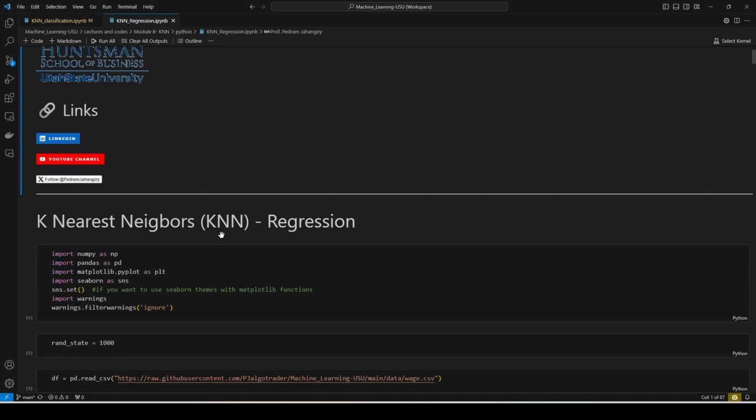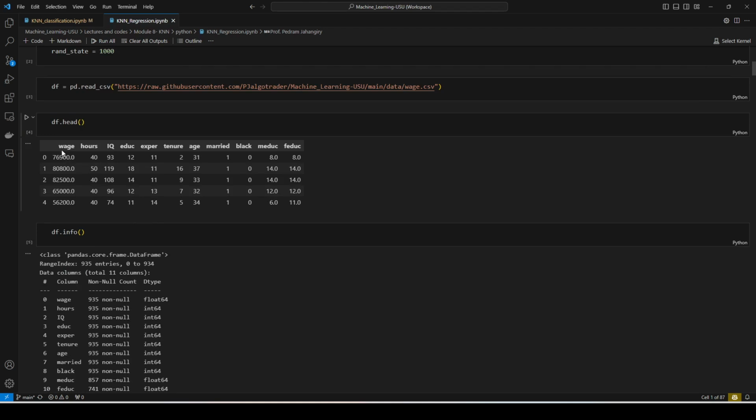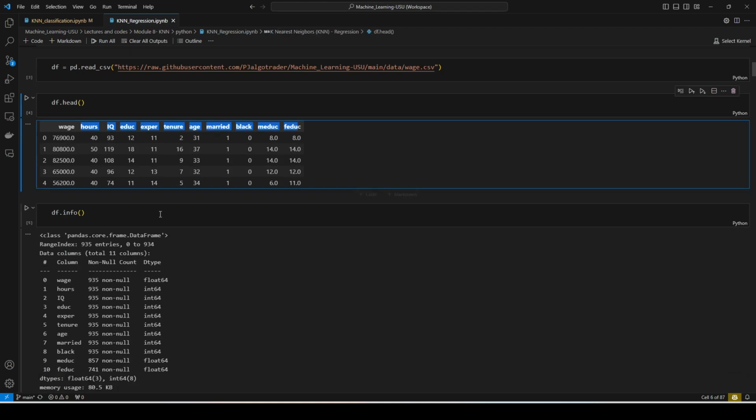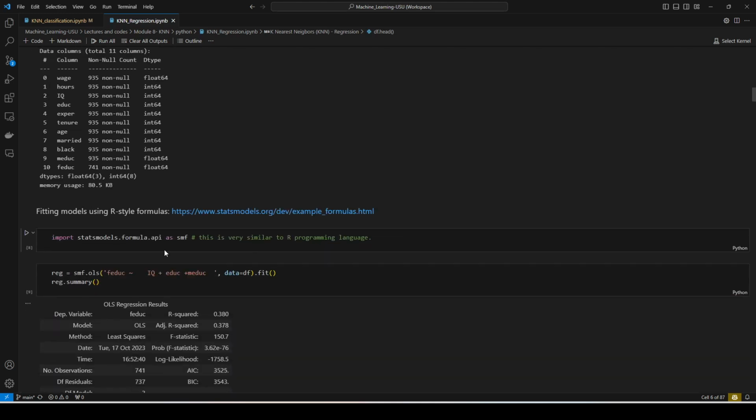This is a regression. So as I said, I'm not going to run this. I just fly over it. So the task is pretty straightforward. You want to predict wage based on all these features. So what I'm doing is basically we're going to clean the data. So for example, for modern education, we're going to fill the NAs with the median values. For further education, we can go ahead and do some sort of